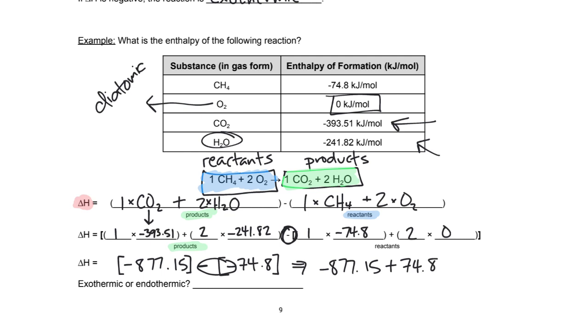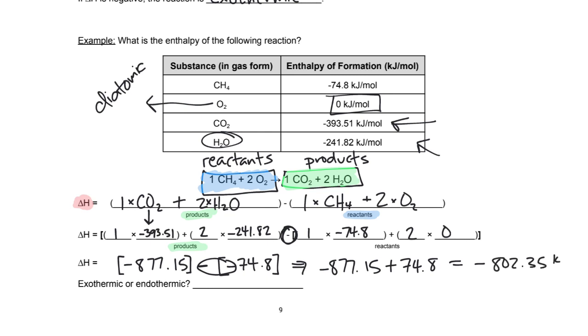So there's several ways that you can handle this. Either you can know that your minus and negative is going to turn to a positive, or you can type it into a calculator using the minus button and the negative button, or you can use parentheses around stuff in your calculator as well. But any way you go about it, what you should get out of that is negative